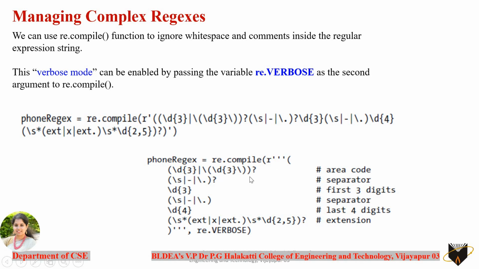You just write whatever pattern you want for the first part, and write the comment line for it to say for what reason you have taken this part of the pattern. Similarly, take a new line and write the next part of the pattern, and in front of it leave multiple spaces and include the comment line with the hash symbol to say for what reason you have taken this pattern. Don't worry about the detailed explanation of this pattern, as we are going to discuss the same example in the next project example of this chapter. Right now we'll just concentrate on the significance of using the verbose method.